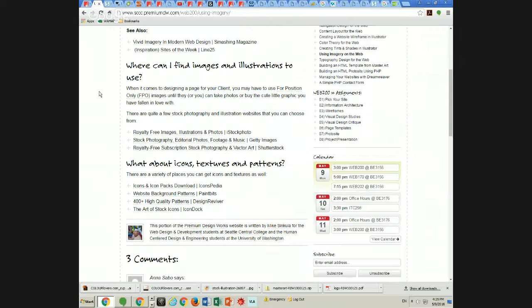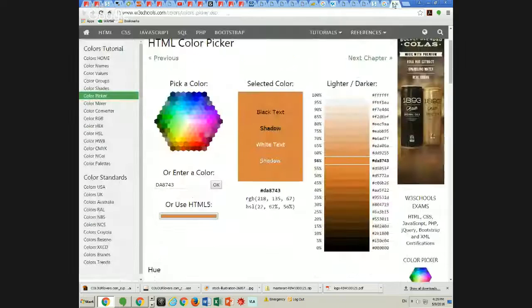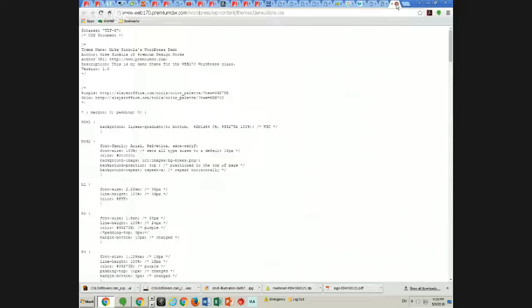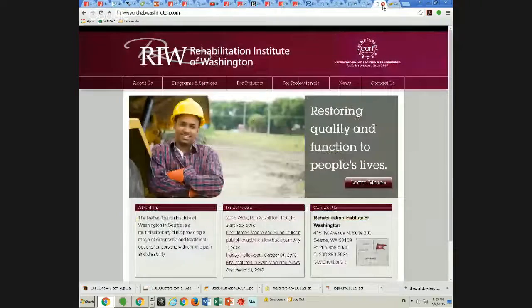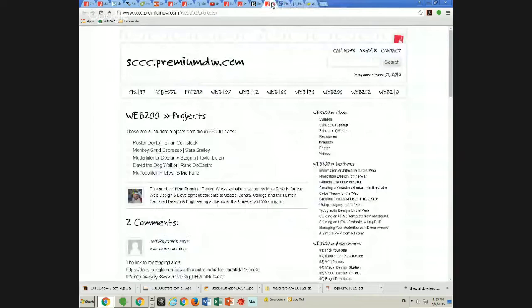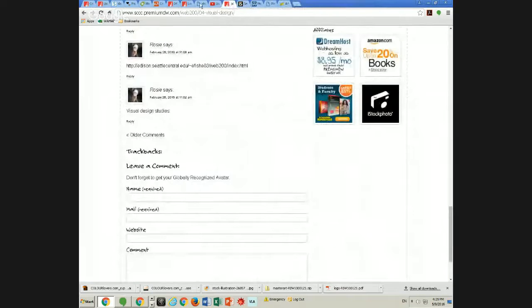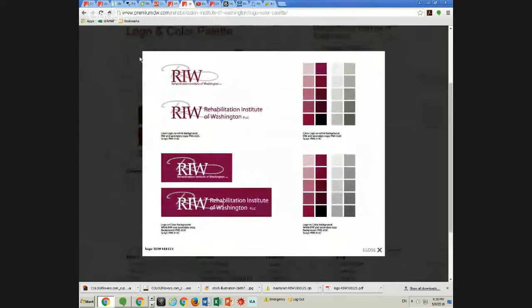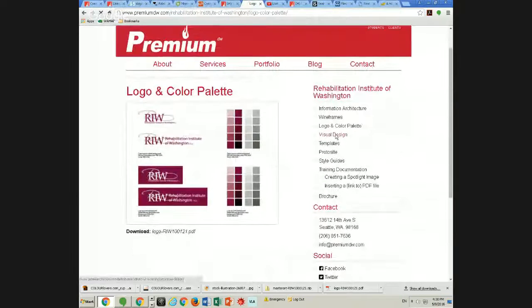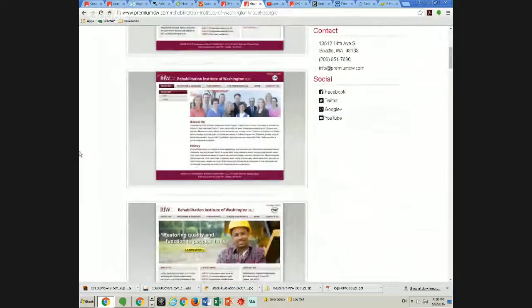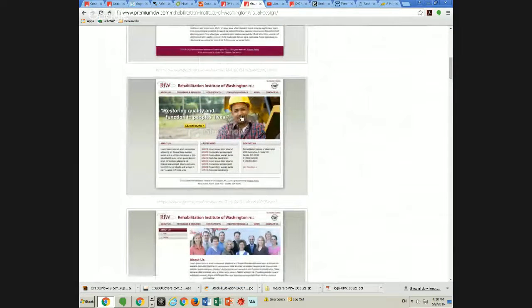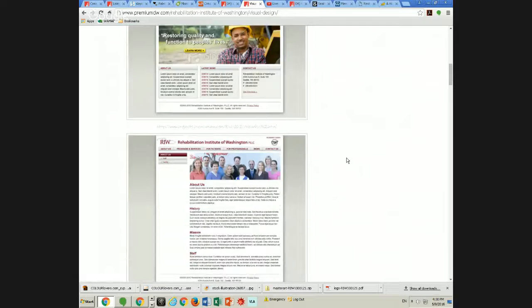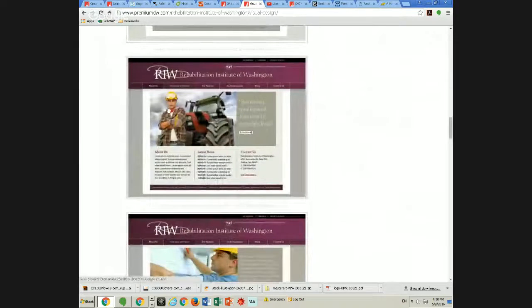So, if and when you are doing a visual design study like this, and you're not sure if this is the right photograph to use, or if this is the right photograph to use,